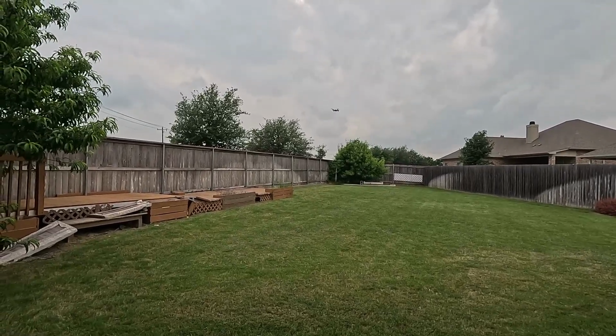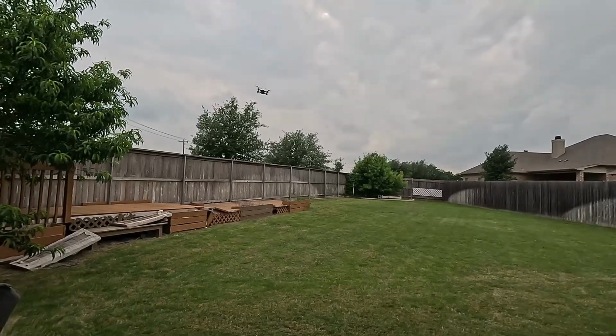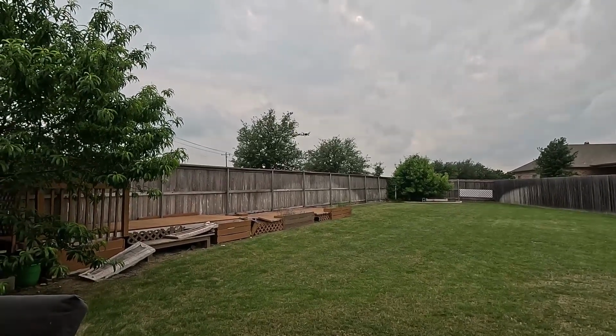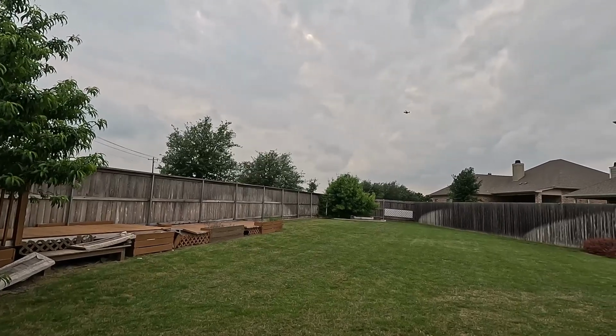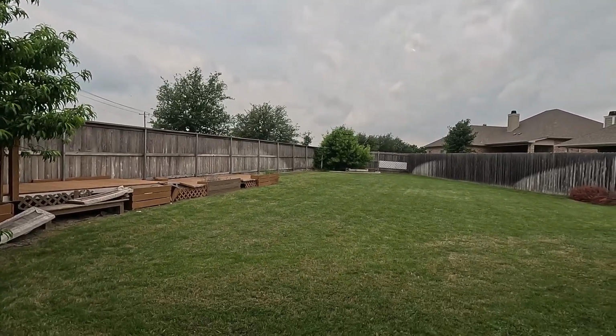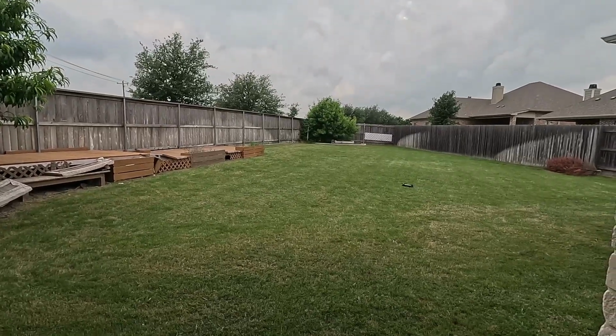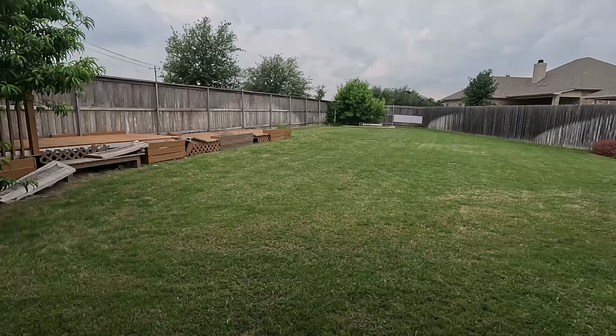Let's see if we get a little bit of altitude with it, see what happens. Wow, that wind is grabbing it. Yeah, it's just a little bit too light for the amount of wind that's out there today. But just as a regular quad,